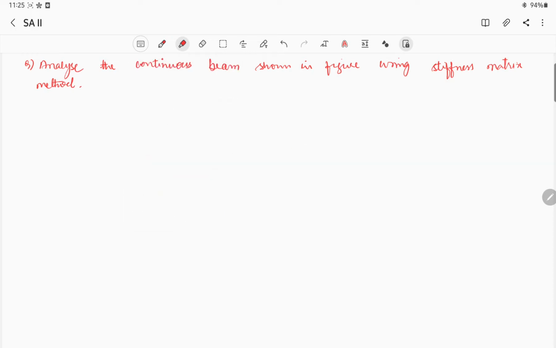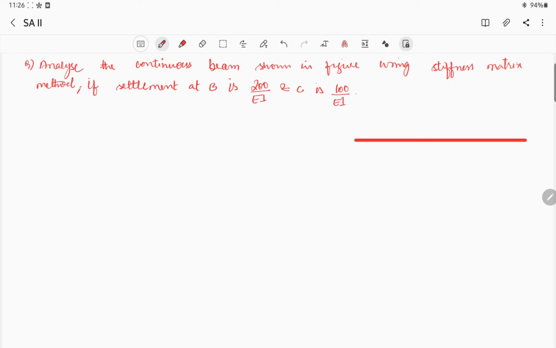given to us in the question, so I'll take down in the red color. This is the beam given to us, and moreover they have given us the settlement at B is 200 by EI and C is 100 by EI. So there are two deflections. This is nothing but sinking of support.